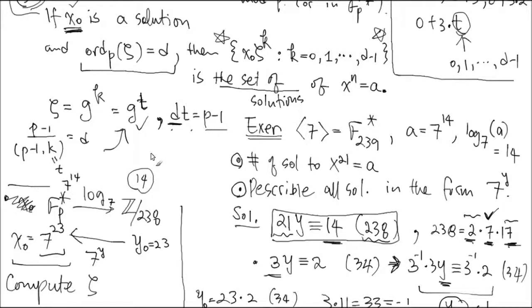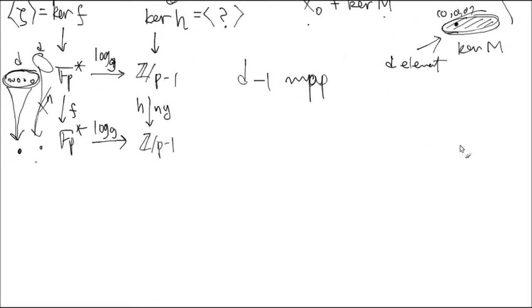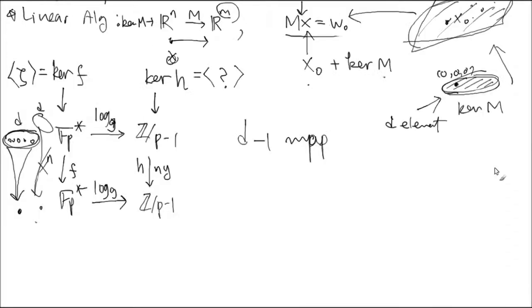We know zeta in terms of g, so what is that going to be over there in the second column? You just hit it with the log map. So here, zeta there, we know in terms of g to the something, and that something is going down there, right? So we have that structure, and underneath it, we still have this log map restricted down to